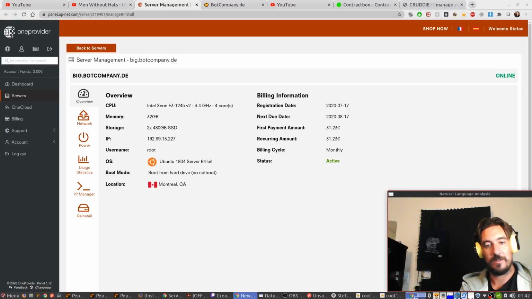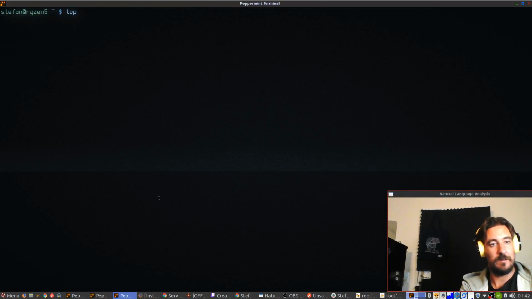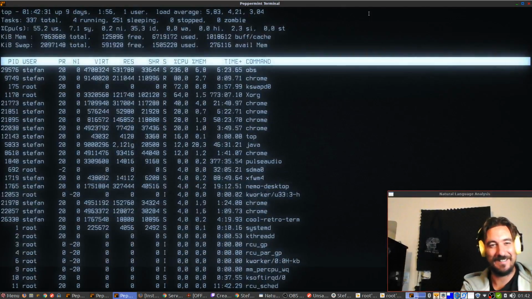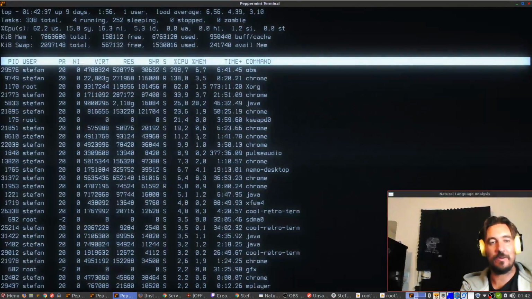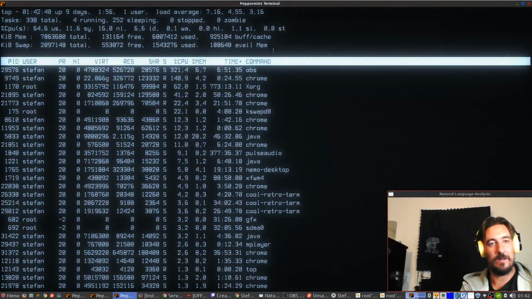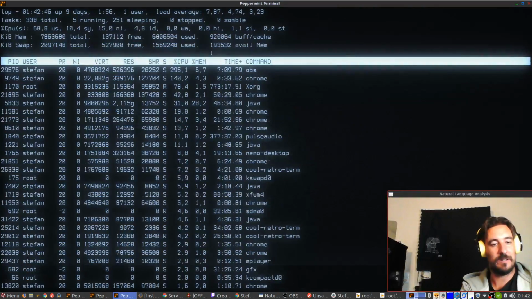Machine is sluggish. I'm streaming. No passwords here? No, that's good. That's a new terminal. Cool, isn't it? Everything has to look cool from now on, is what I decided. If I use a terminal, it may as well look good. Yeah, this machine has a load of 7. It's too much.